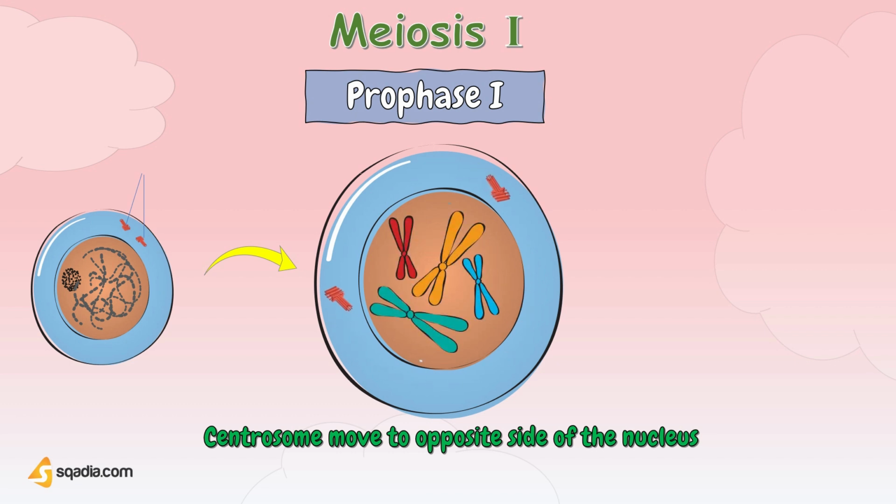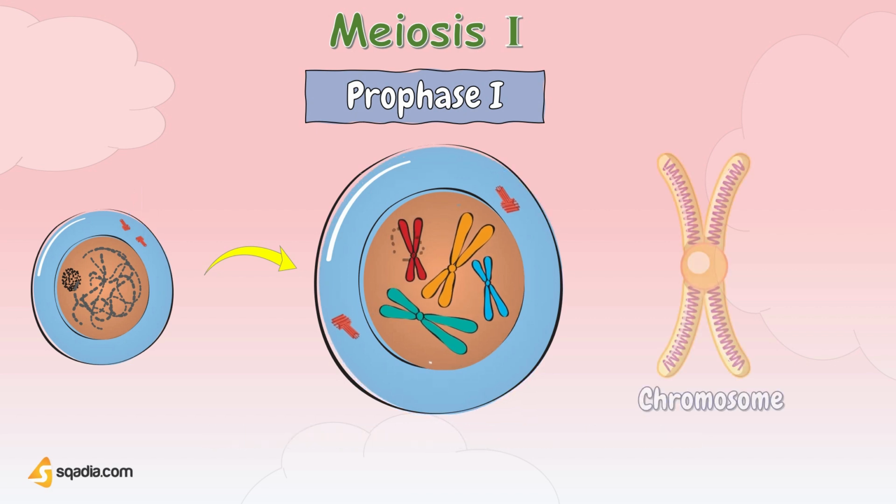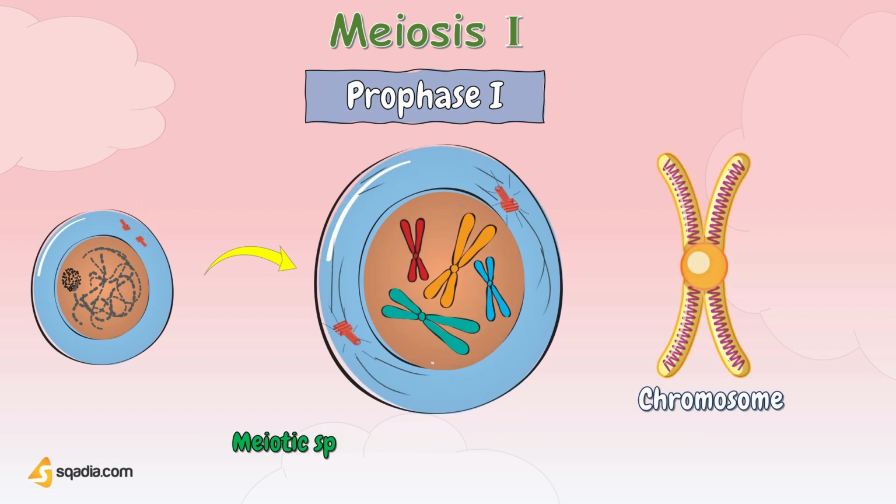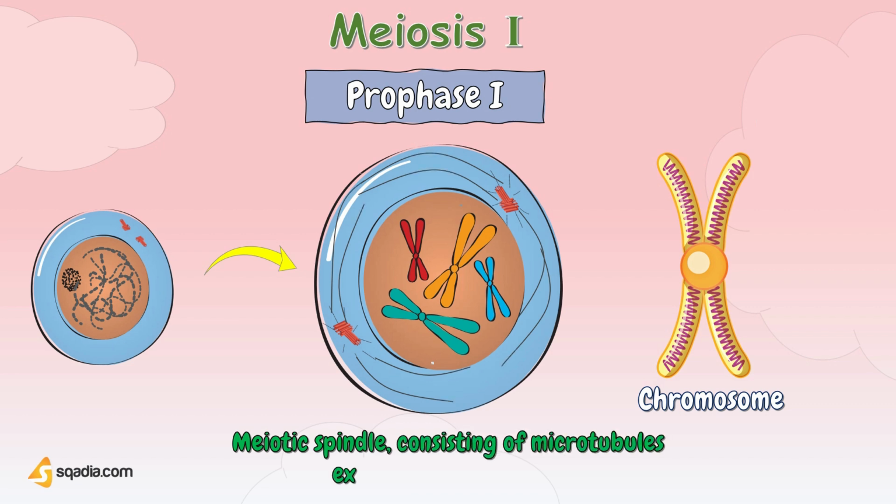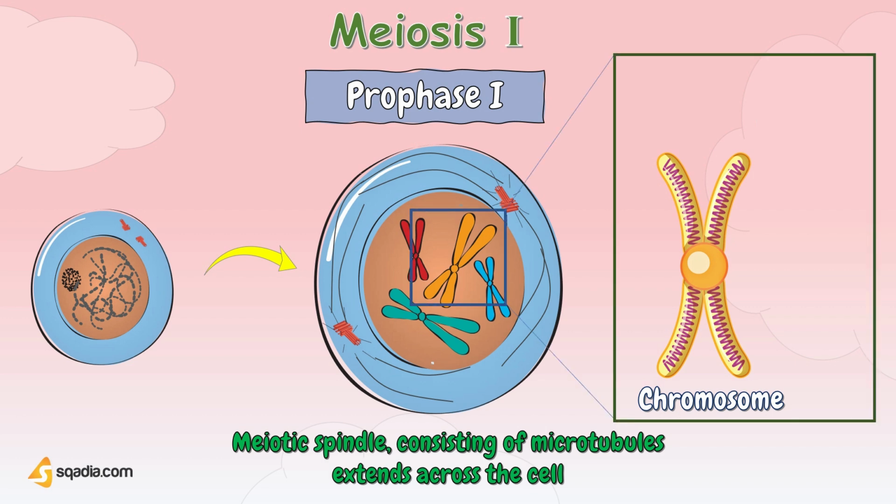The next phase in meiosis 1 is prophase 1. First, the centrosomes start to move to opposite sides of the nucleus. Inside the nucleus, the copied chromosomes condense into X-shaped structures that can be easily seen under a microscope. The meiotic spindle, consisting of microtubules and other proteins, extends across the cell between the centrioles. Each chromosome is composed of 2 sister chromatids containing identical genetic information. The chromosomes pair up so that both copies of chromosome 1 are together, both copies of chromosome 2 are together,